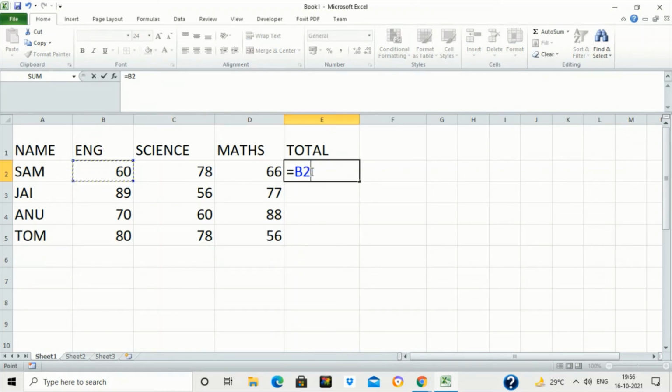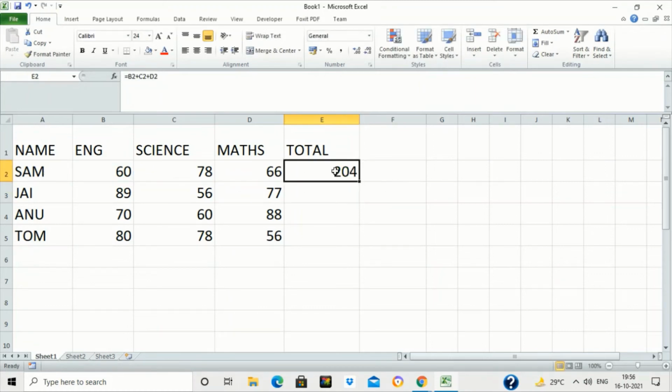And here it is written B2, because 60 is in B2, B column and second row, and then write plus. Click on the next value, that is 78, and plus, click on the next value, that is 66 for maths marks. And now the complete formula is equal to B2 plus C2 plus D2. So this is the formula for total marks for the first student whose name is Sam, and press enter.